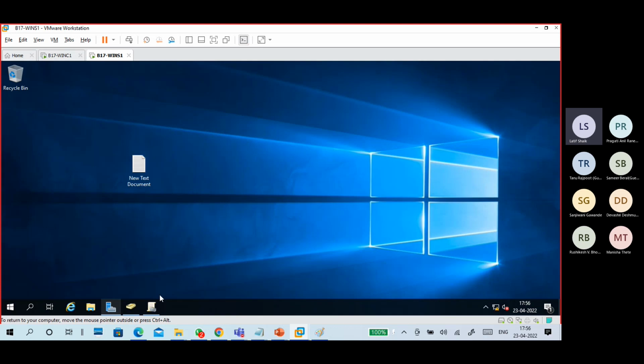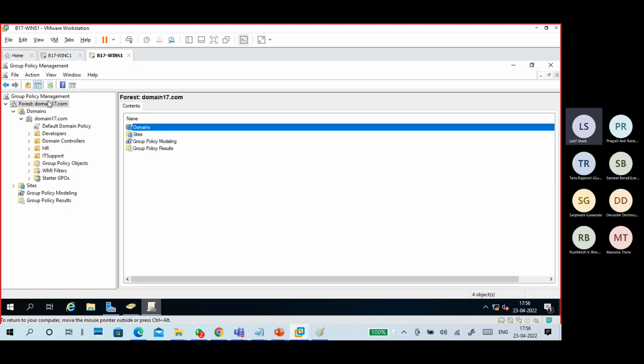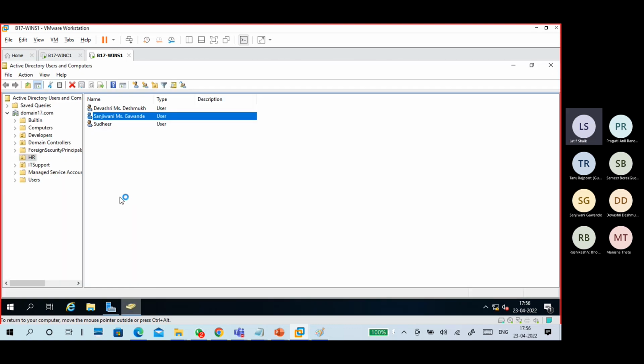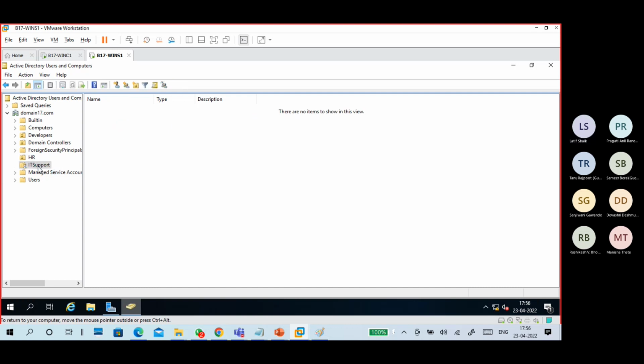Everybody's mind is gone. No problem. Okay. This is group policies. I'll link the policy on HR, and Sudhir, Sanjeevani, and Devasri users are affected with these policies. If you link the policy on